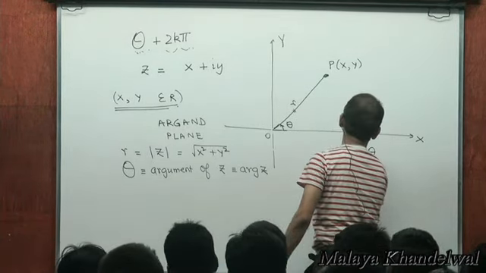No. Positive and negative are only for real numbers. There is nothing like a positive complex number. I mean, you can say a complex number with a positive real part or a negative real part, but